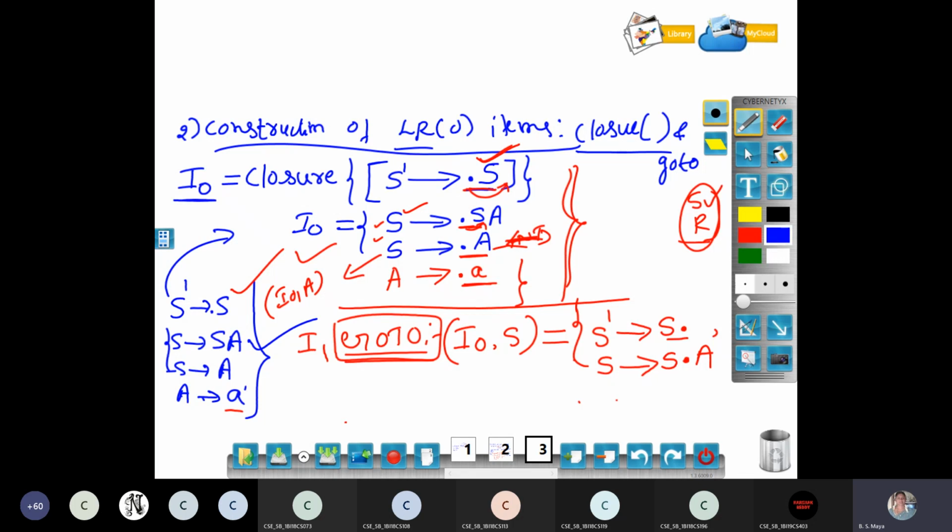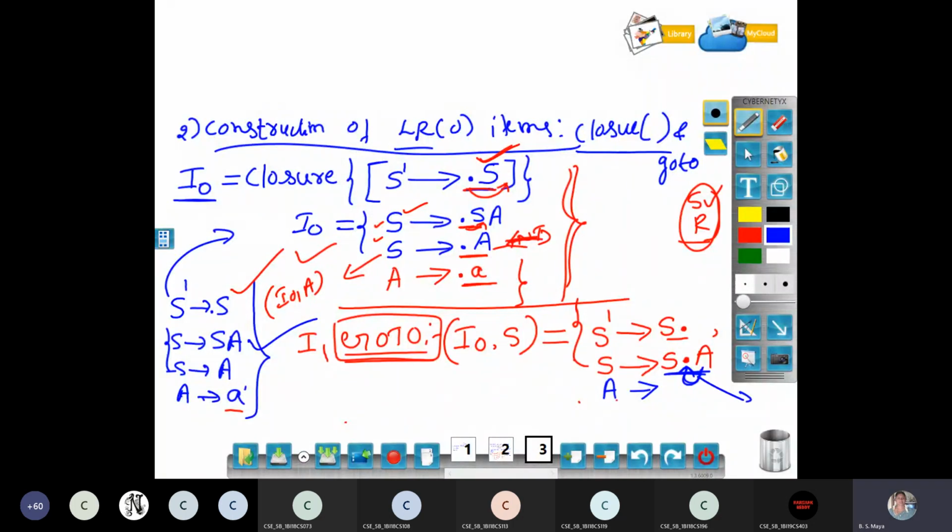But here, see, after the dot you have a non-terminal. After the dot you have a non-terminal. You have to copy all the productions of A, all the productions of A with the dot, and write down the statement with an arrow mark.